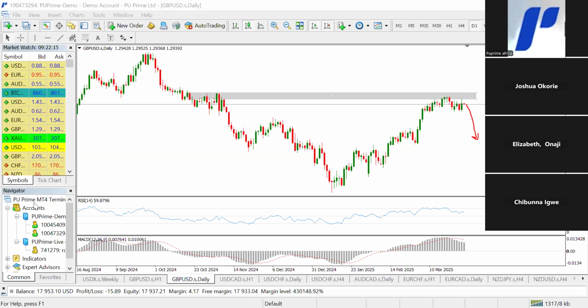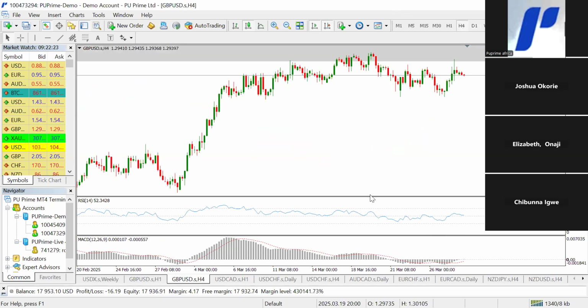So if the news comes out bad for the UK, for the British pound, we will see a bearish movement on the GBP USD. Even if you take it down to 4 hours to analyze further, we discover that recently there was a rejection candle here, which is also signifying the possibility of a downward trend. So we're going to be looking at a news where the data is bad for the pound, and with that, we can safely sell the GBP USD. So I'm bearish bias on the GBP USD ahead of the news by 8 a.m. this morning.